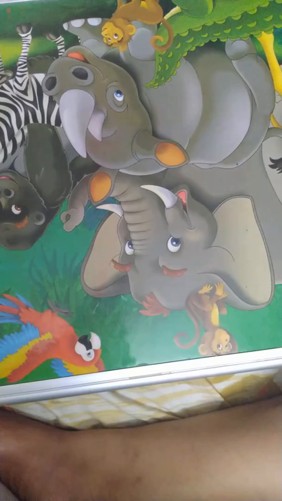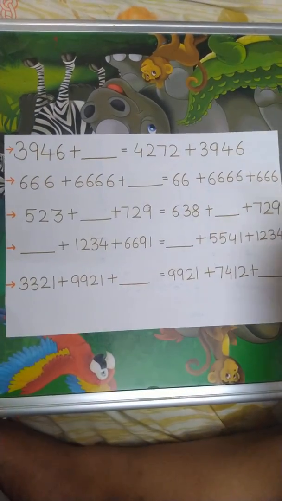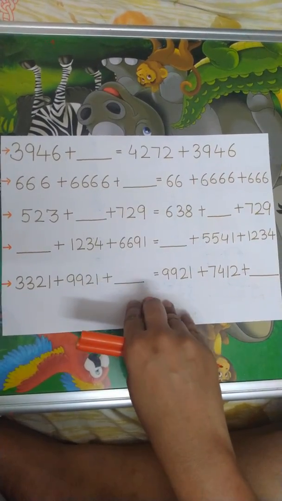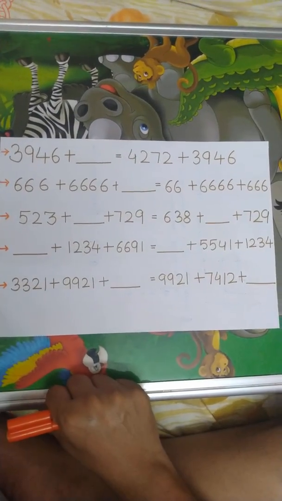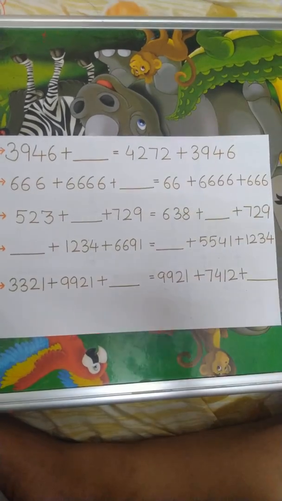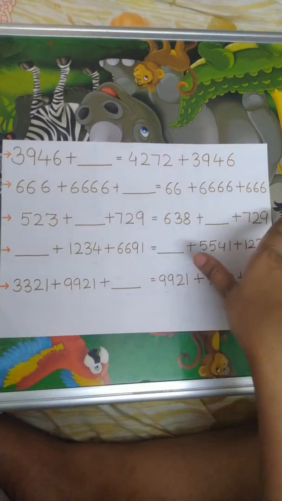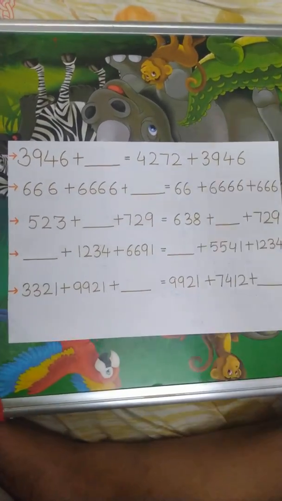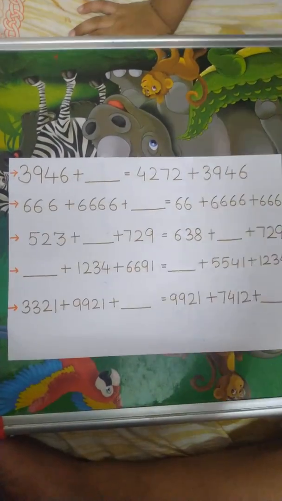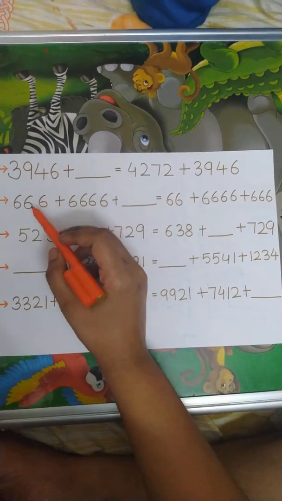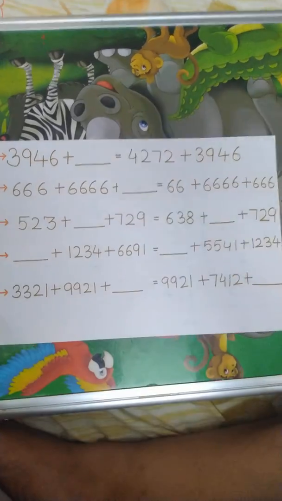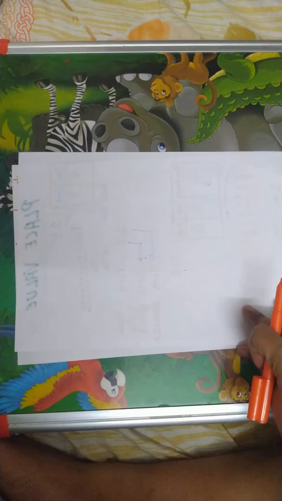Now, since we are doing 4-digit numbers, here are some questions based on the order of addends. Don't get scared after looking at so many numbers, so big numbers. It's really easy, trust me. Look here. I'll explain one more thing, it's very important before we move on to that exercise.